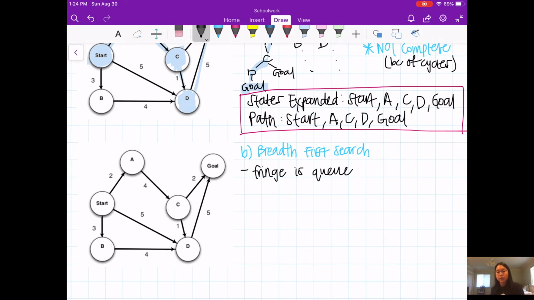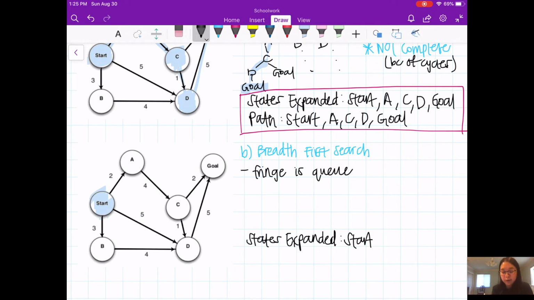That's because you want to expand to all of your children before going on to the next layer or the next tier in the graph. So yeah, that's pretty much it. So I'm going to do the same thing and note the states expanded. And then, of course, we are going to start with the start node.